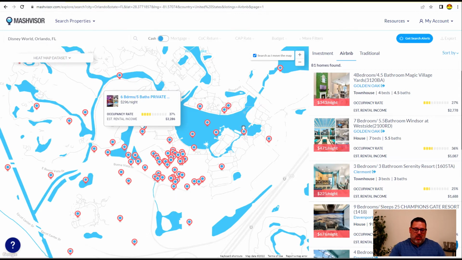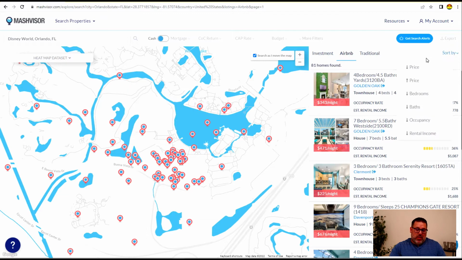Because here there's a lot of rentals. If you're looking at a place where there's not quite as many, it would be really nice to hover and say, oh, that's on this street right here. I'm looking at a property just down the road. And you might be able to get a better idea if it's a comparable property to what you're looking for. So one nice thing, the one thing I like to do is I actually like to sort by